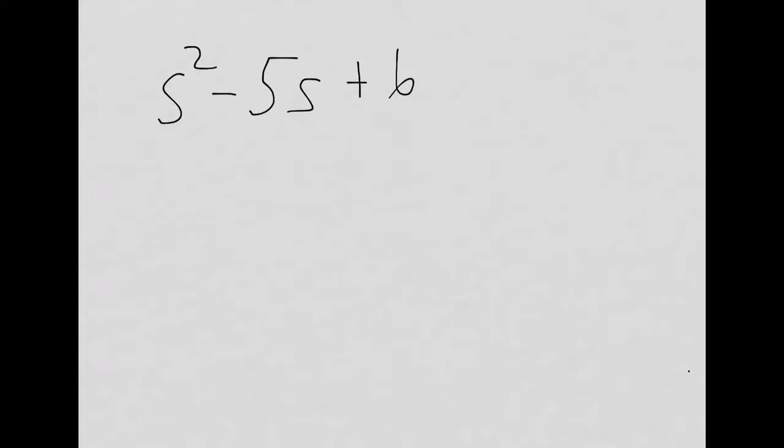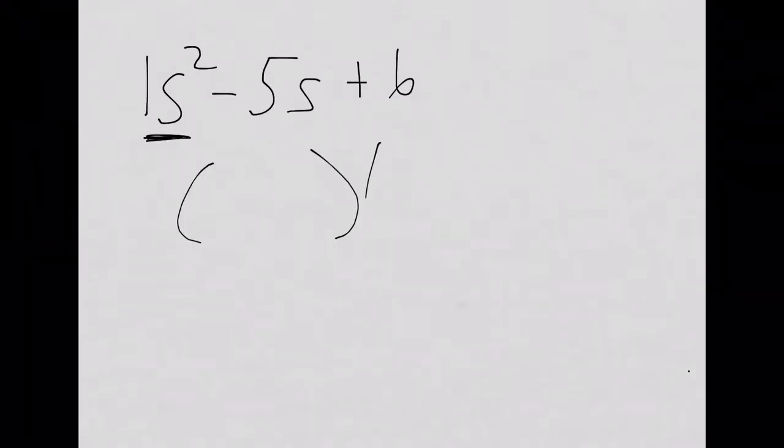Alright, so one of the first ones was number 20 from the A3 homework. This just has a basic s squared minus 5s plus 6. We'll notice that the leading coefficient is a 1. So whenever we have these quadratics, these polynomials, we always will put the variable in front of each one of